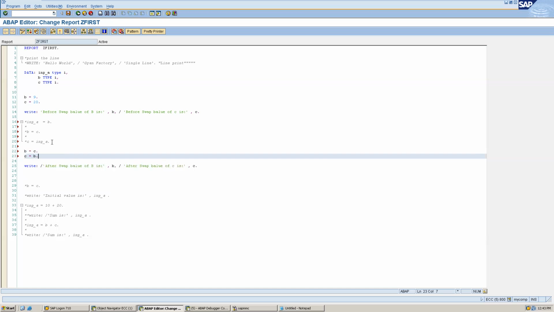But if we write and, then it will... but we have not defined it. What is and? I don't know any keyword and. C equal to C and C equal to B minus C. B equal to C, there we have done. Now C should be equal to... I believe this should be first C, so C equal to B.